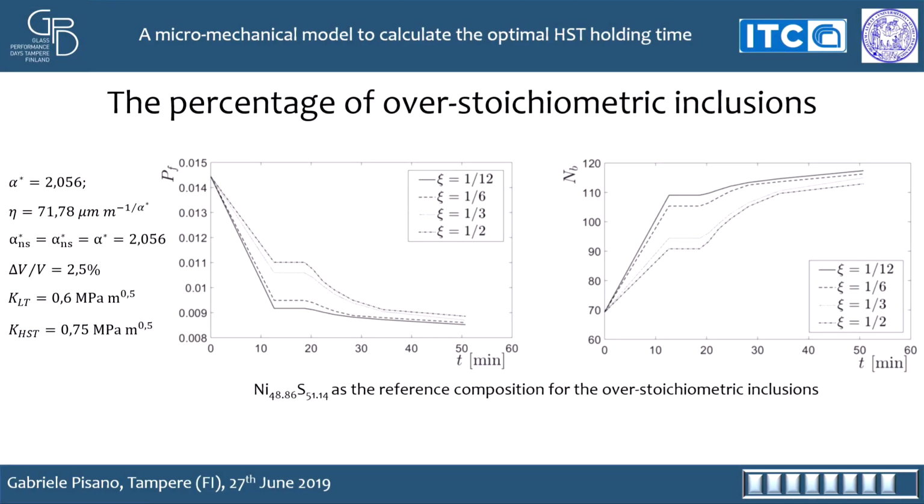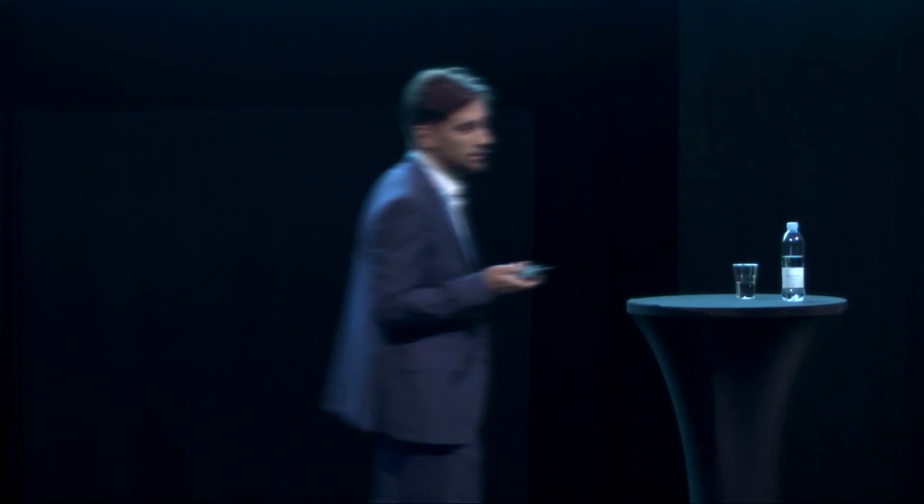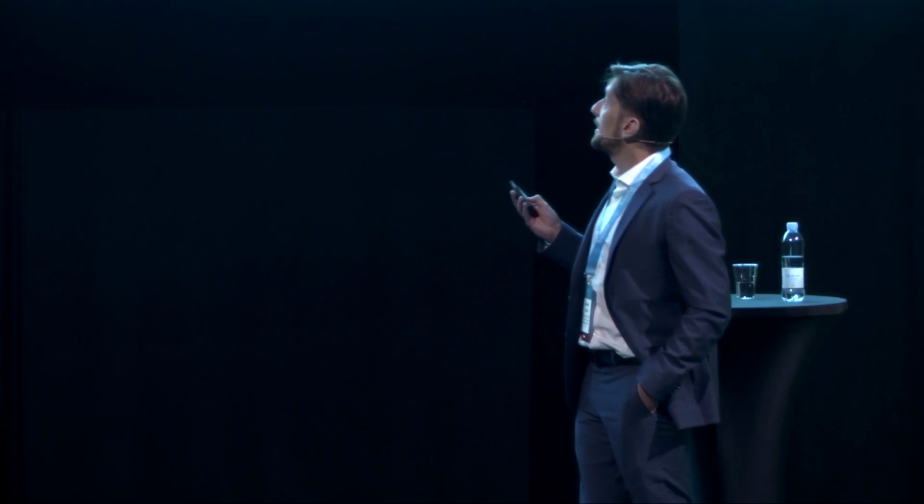I tried to vary the percentage of over-stoichiometric inclusion. This coefficient influences the model only when the inclusions are partially transformed. But if we consider low values of this parameter, they are probably the only ones of importance if we refer to the study by USV. The variations in the model are extremely moderate. So this parameter is certainly important to calibrate correctly, but probably is not so crucial.